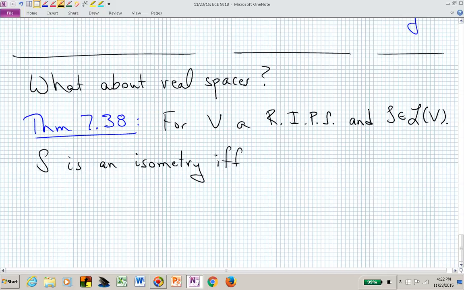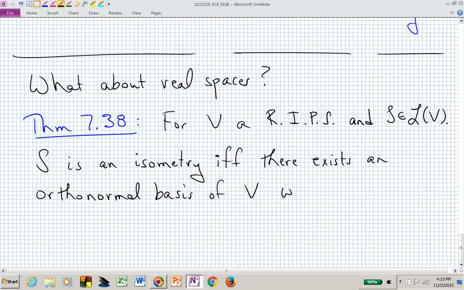Again, this is an if and only if clause. If and only if there exists an orthonormal basis of V in which this linear operator S